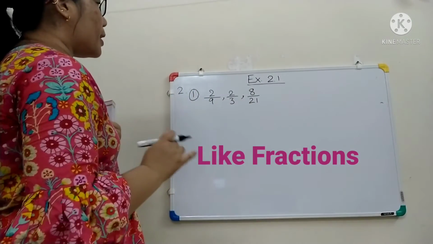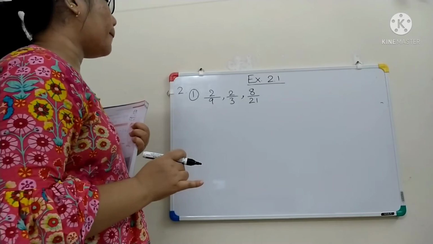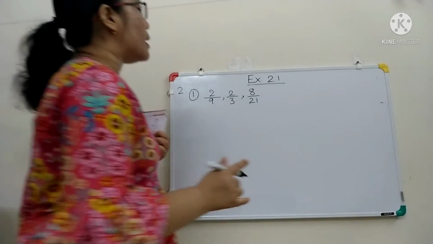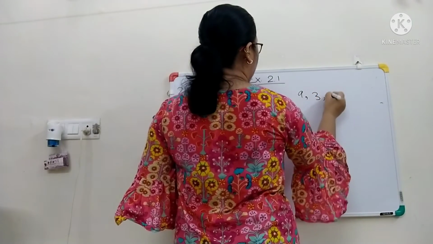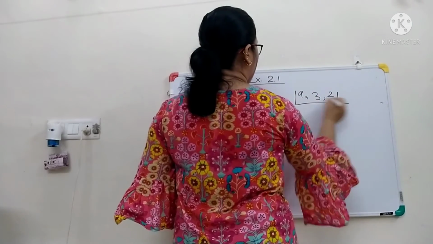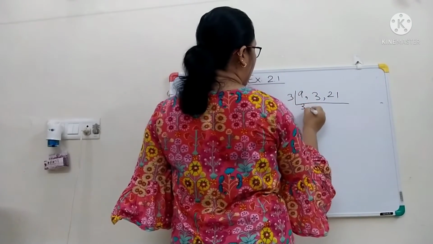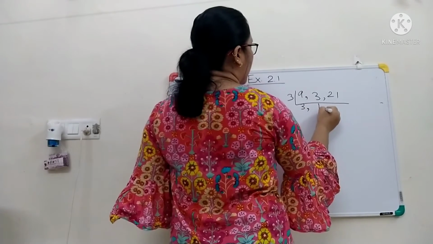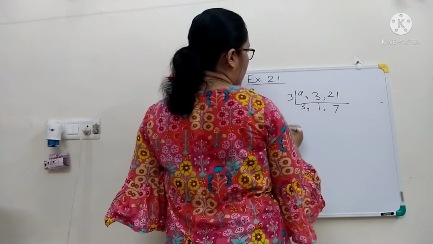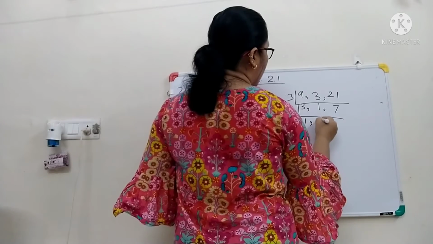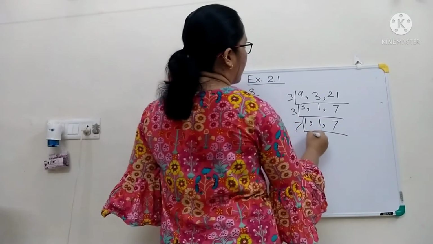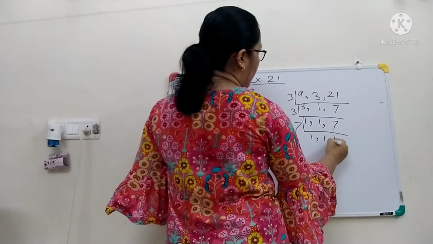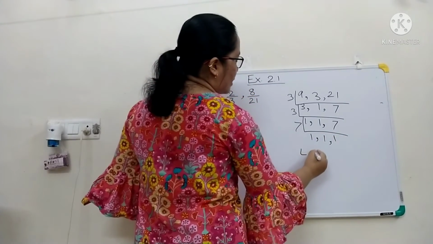Okay, so for it again we first have to take the LCM of these denominators. 9, 3, and 2. So 3 3s are 9, 3 minus 3, 3 7s, the 3, 1, 1, and 7, and again 7, 1, 1, 1. So LCM is equal to